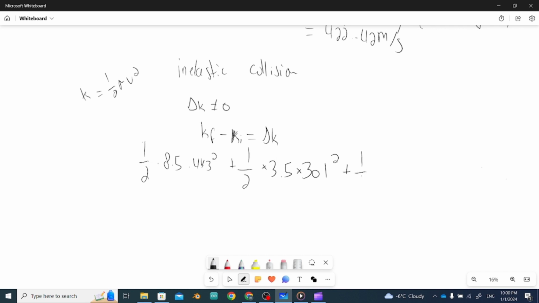Plus, now that we have the speed of the last one, that would be 1/2 times 36 times 422.42 squared. Minus the initial kinetic energy, which was